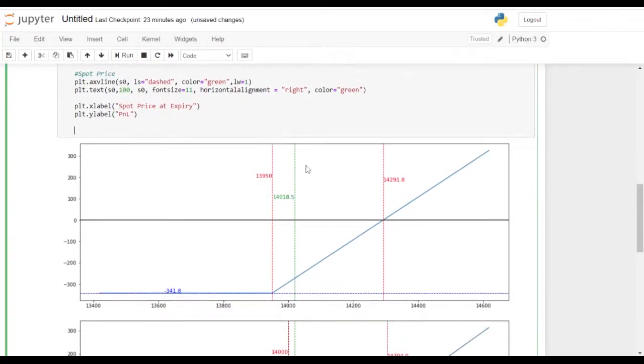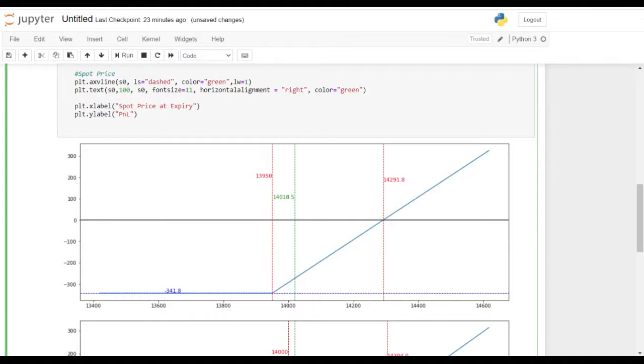Now the certain condition. If the spot price at expiry is greater than the strike price, what would be happening? We would be getting some payoff, right? Already we have prepaid the premium, so we are at a loss of premium, and now we would be going towards a profit. So we would be getting minus premium plus something.